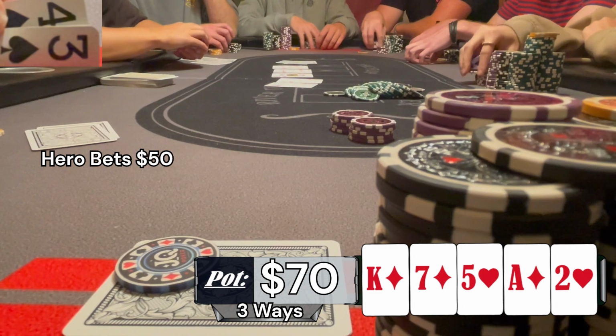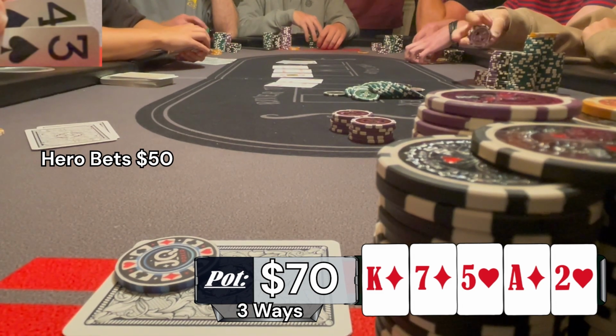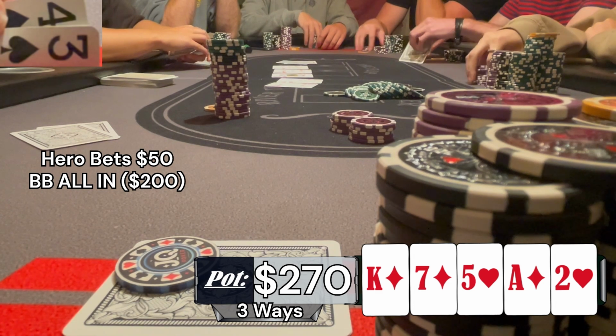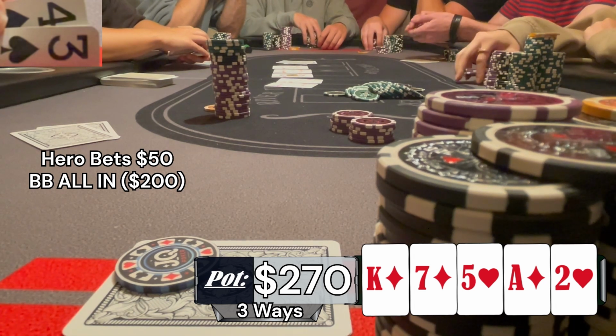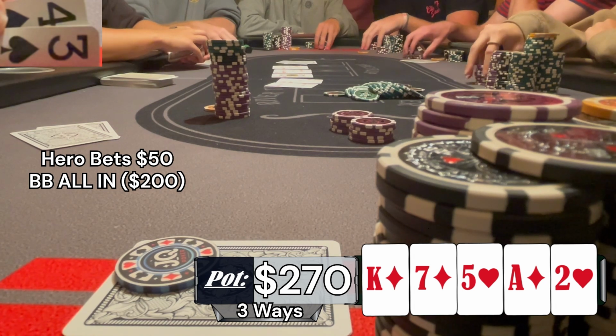Now looking back, this is far too big a size with the flush out there. It's going to be really hard for worse hands to call, even two pairs are in a gross spot. The big blind doesn't seem to care how much I bet as he ships his stack in for around $200. As weird as it sounds, if the hijack player folds, I'm fully planning on snapping off this all in because I think the big blind could have some two pairs or sets that he's shoving for value,